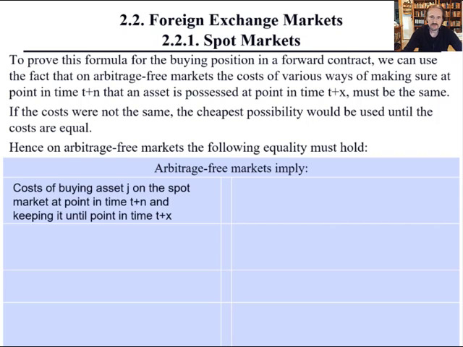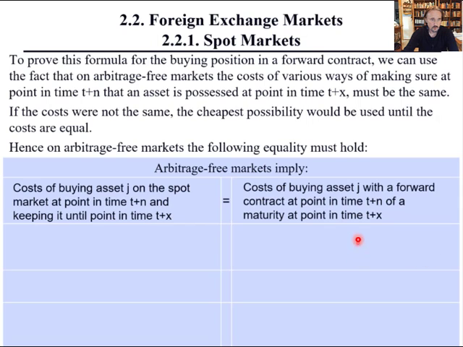You can buy the underlying asset at point in time t plus n and simply keep it until the point in time t plus x. This way of making sure that you own the underlying asset at point in time t plus x must cause the same costs as an alternative possibility. For example,